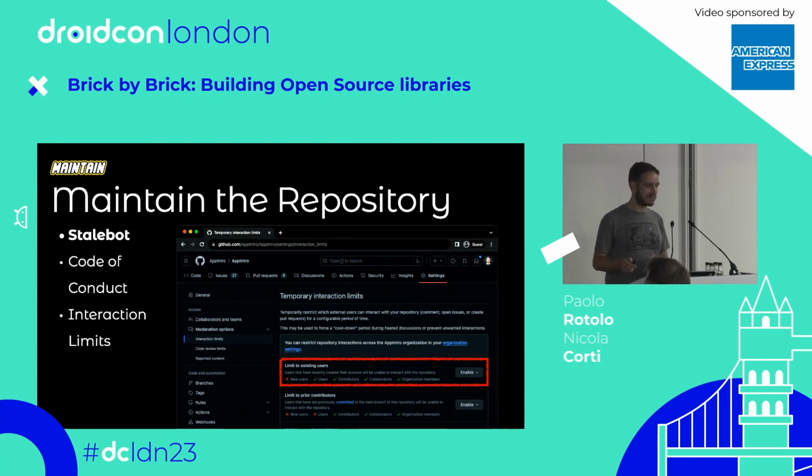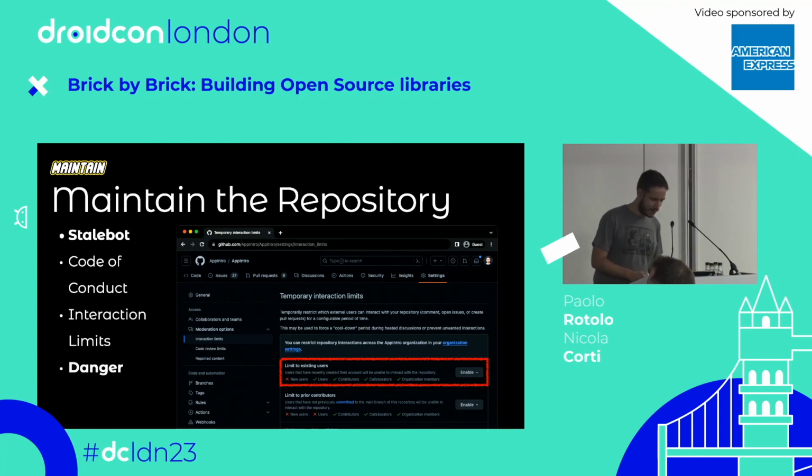So those kind of tools really help to protect your repository and make sure that the issue tracker is healthy. You don't want people to come to your issue tracker and see, hey, get scammy gift cards or so. And then I talked a lot about issues, but there is another part of maintaining your repository, which is